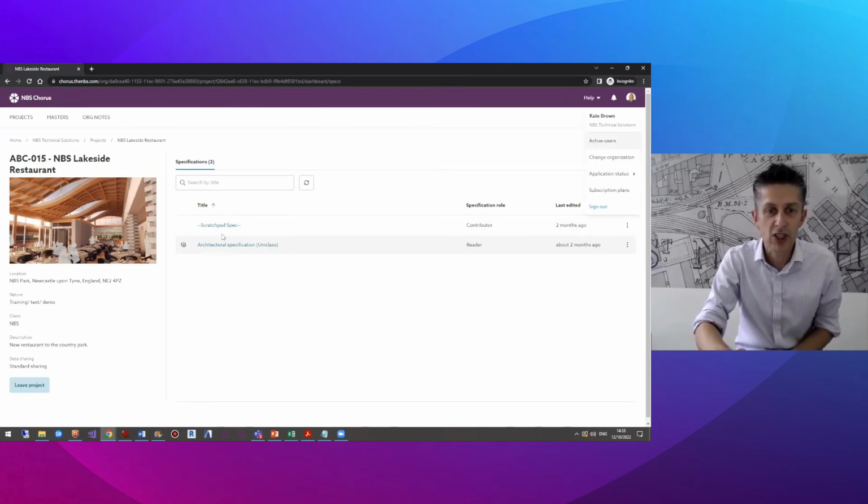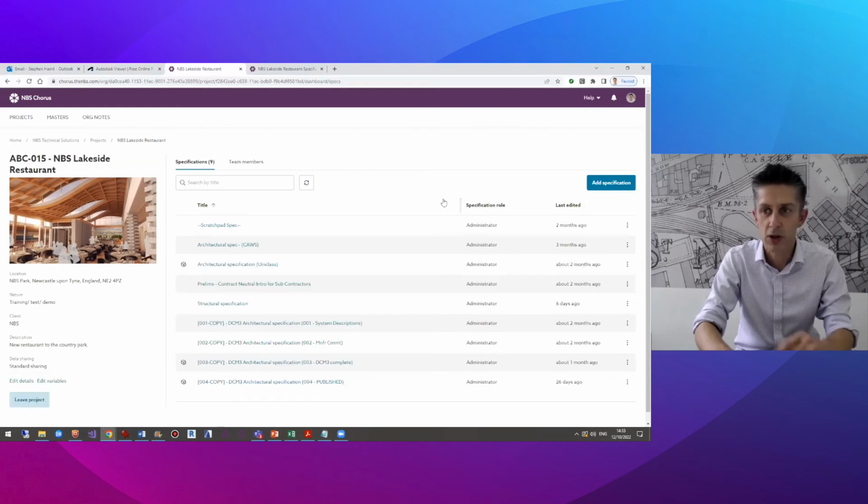So she comes in and she can see that that's the architectural spec. And this is a scratch pad spec where you can do work in progress sort of work and then copy and paste it across. Now, if I jump back across to my login again, so logged in as Stephen here,